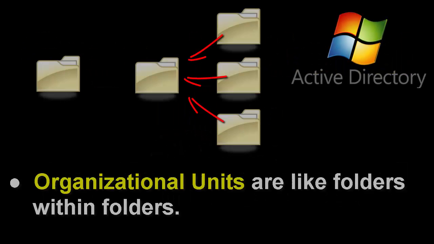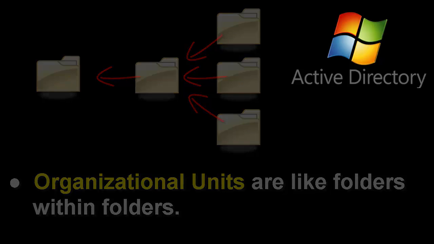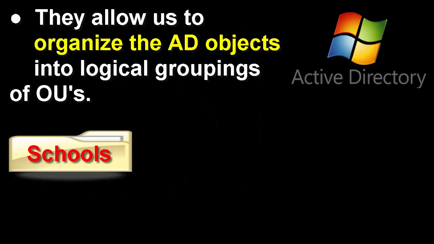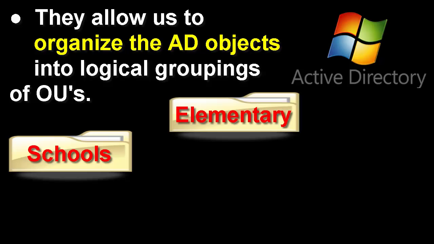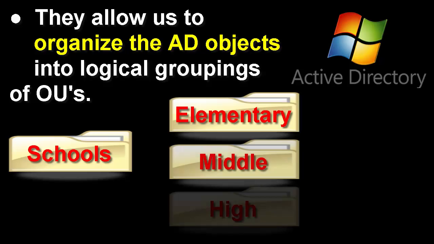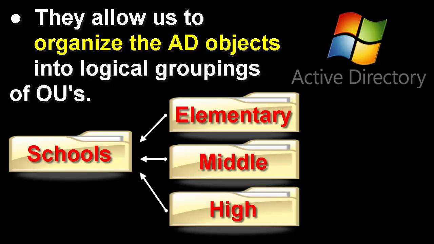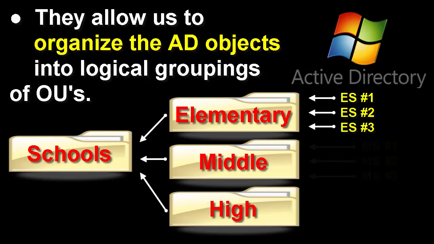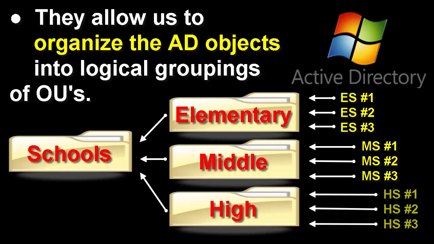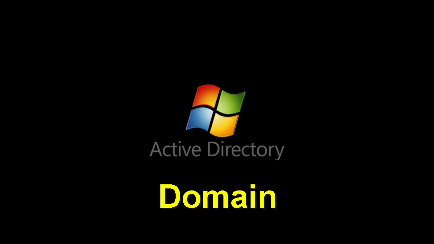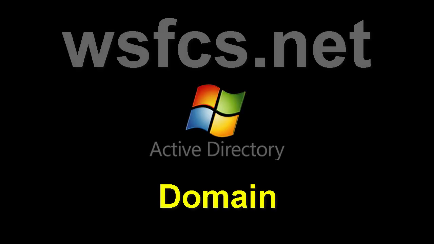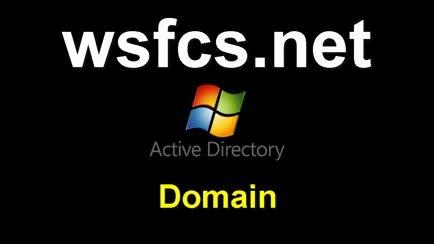Organizational units are like folders within folders. They allow us to organize the AD objects into logical groupings of OUs. For example, we could have one OU for all of the elementary schools, another for middle, another for high, which all rolls into schools, and in turn, each of the school's OUs would fit into its appropriate elementary, middle, or high. The highest level of organization within Active Directory is the domain, and at Winston-Salem, the name of our domain is